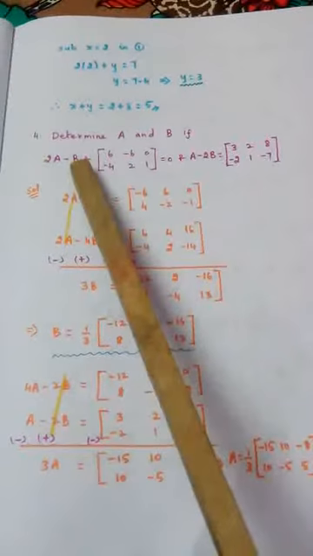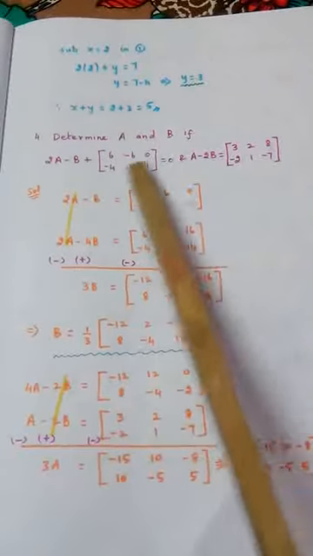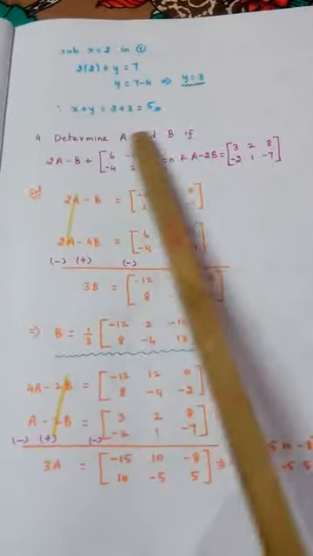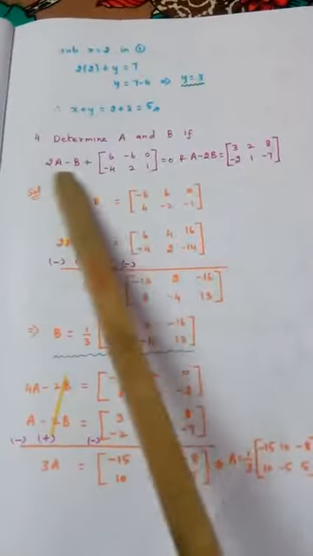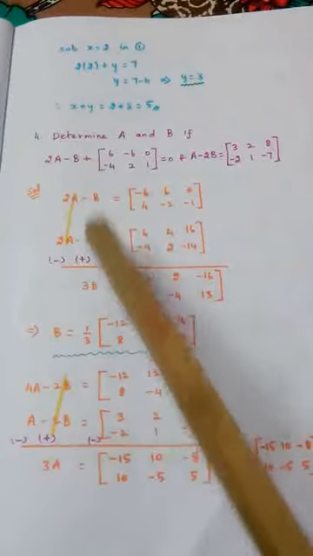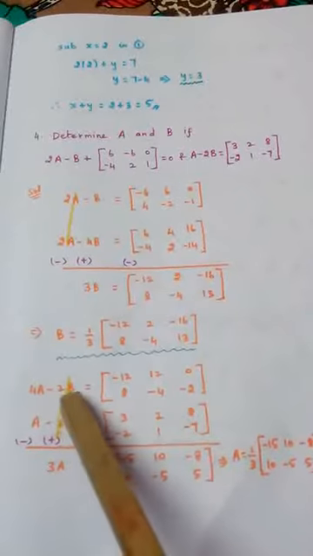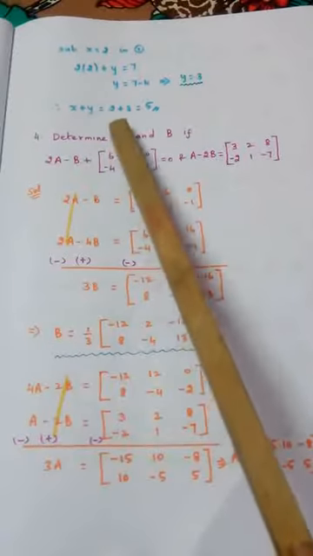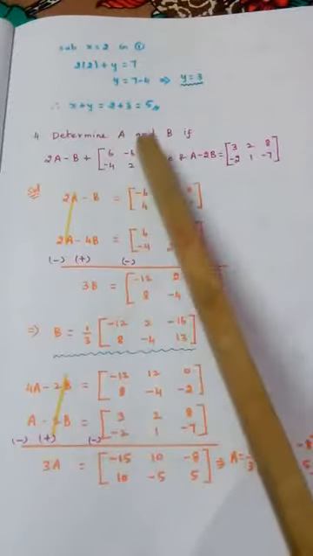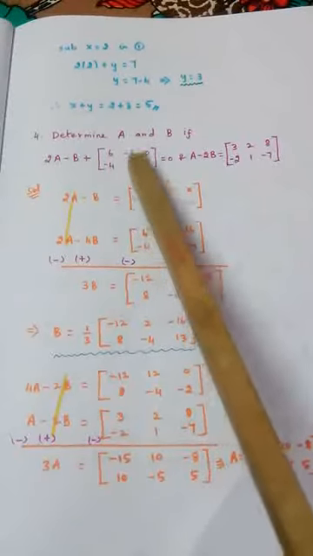So what I have to do? Here 2B is present, here only B is present. So this equation should be multiplied by 2 now. That is why I am writing, instead of writing 2A, I am writing 4A. Writing minus B, I will be writing minus 2B. And when this goes to the other side, every term will change its symbol. At the same time, every term gets multiplied by 2.